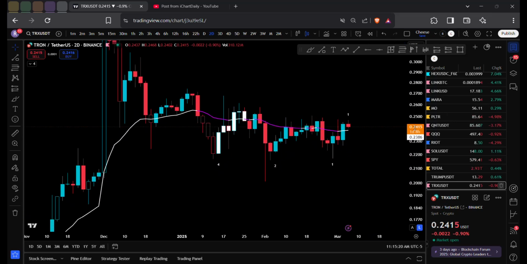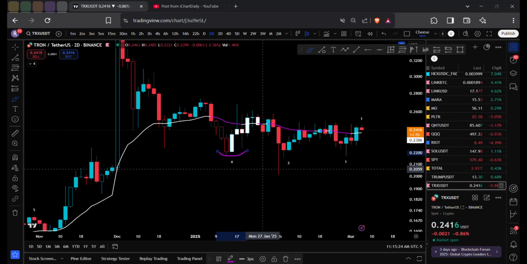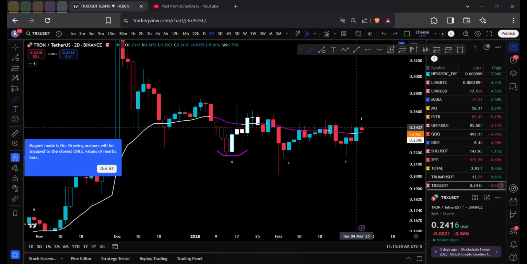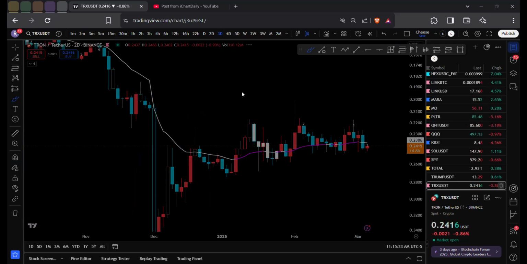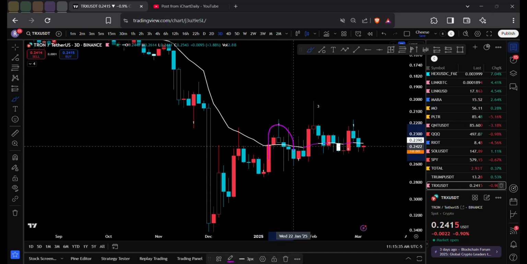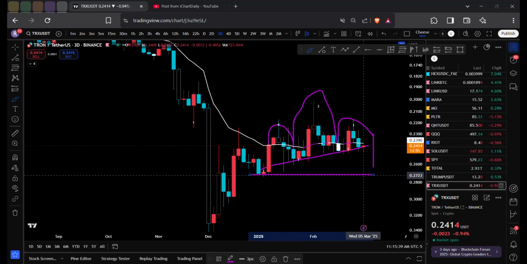Well, you can see this. One low, lower low, higher low, neckline. This is an inverse head and shoulders. You could press Alt-I if you need, there you go, you can see it a little bit easier. So 1, 2, 3, neckline. You're going to complete this down to the 27 cents.